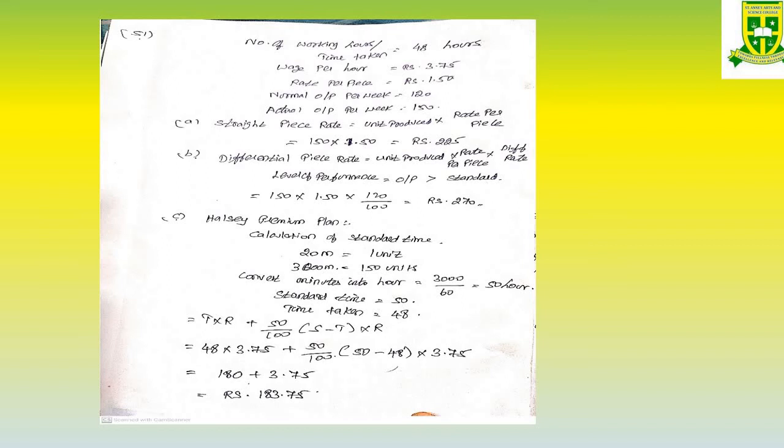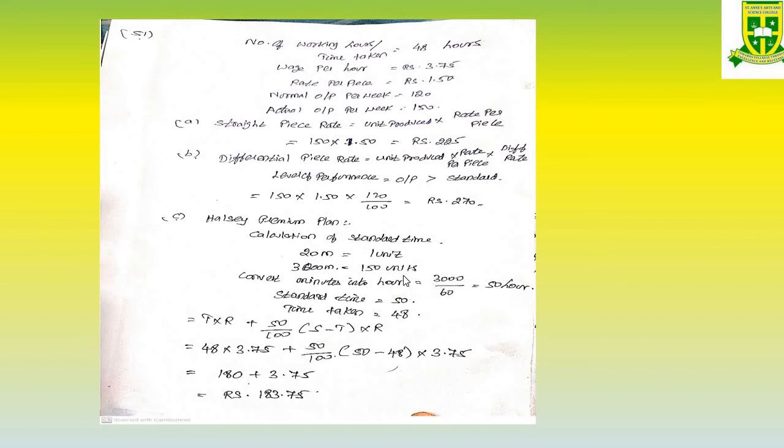So 3000 minutes is what is taken for the production. We have found it only as minutes. Now we have to convert into hours, because all the information is given on an hourly basis. To convert minutes into hours, how many minutes are there in 1 hour? 60 minutes. So 3000 divided by 60, which is 50 hours.